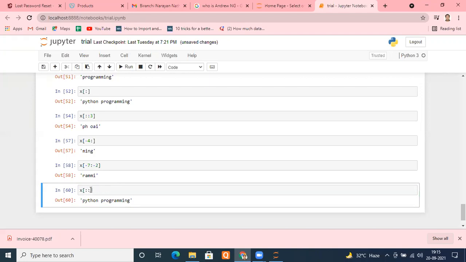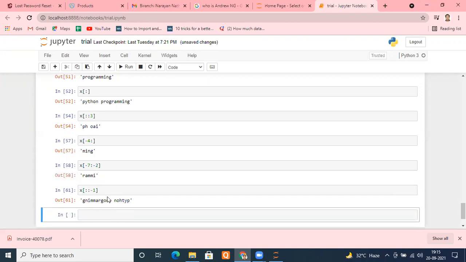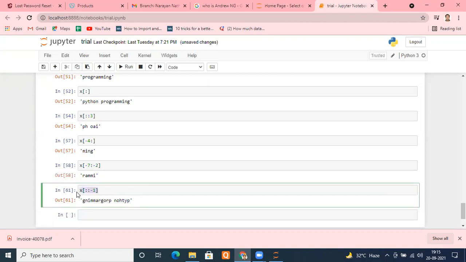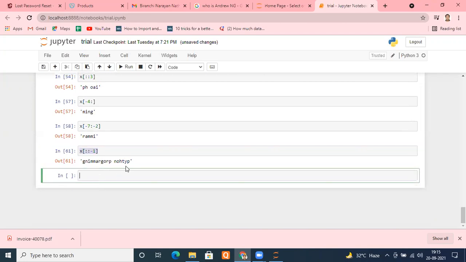Instead of -1, I can put -2 as well. Can you see that? Let me put -1 first. Run this. I'll get the opposite one. And the same thing I should do, but now with a step size of 2. You will see that again it is opposite, but now one character will be skipped. Same, I'm making it 2.